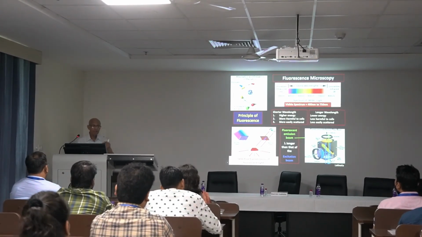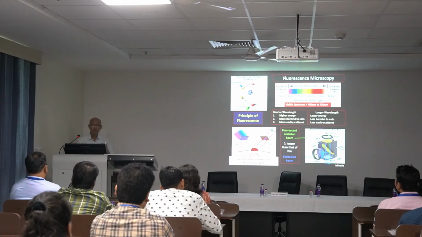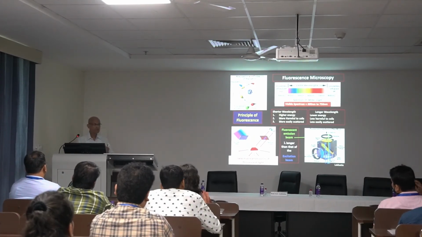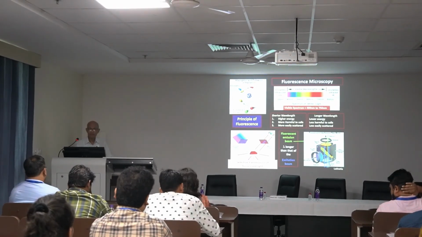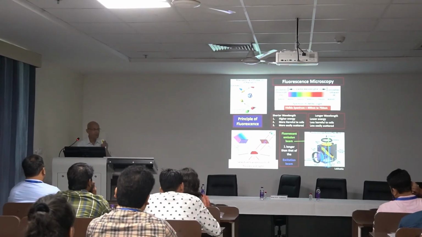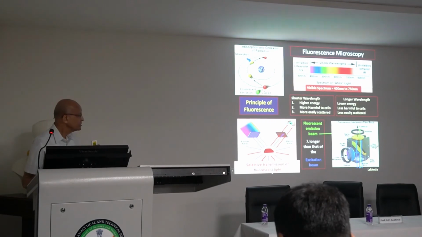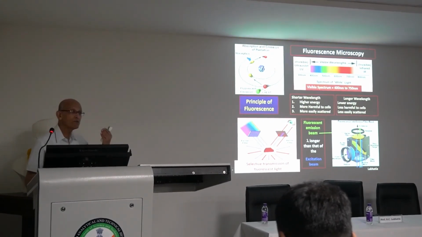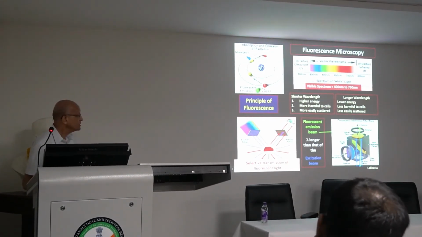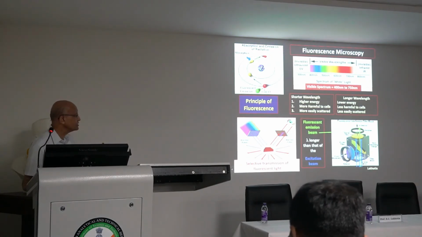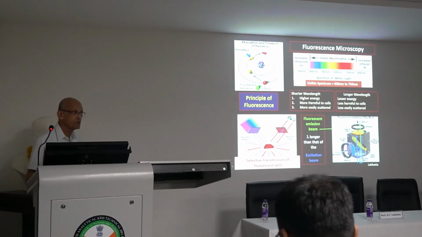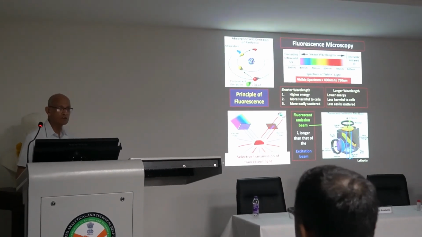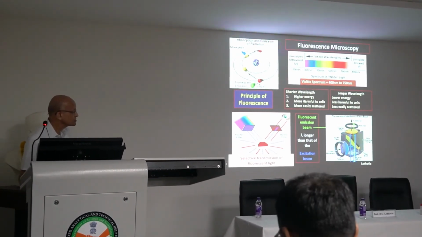Now that energy that it absorbed as a photon, a part of that energy goes out as heat, and therefore the energy that comes out as light has a lesser level, and this then emits a higher wavelength. Now we need a filter which will cut off the excitation beam wavelength and allow only the higher wavelength to pass through. And this is what is done in a fluorescence microscope using this kind of filter tubes,